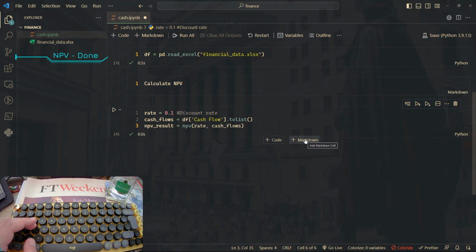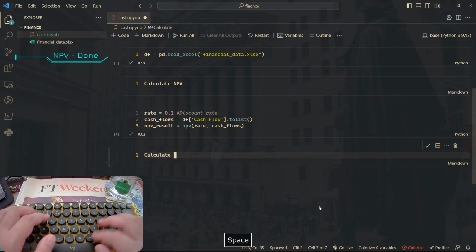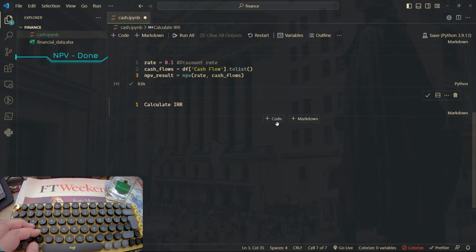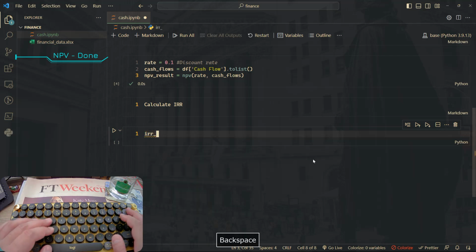Next, we want to calculate the internal rate of return, or IRR. And basically I use the markdown to write comments, but you're not obliged to do that. You can write the comment inside your code cell. That's okay. So I'm going to type here, calculate the IRR. I will add code cell. So again, I'm going to declare a variable. I'm going to call it IRR result, as we did here for NPV result,